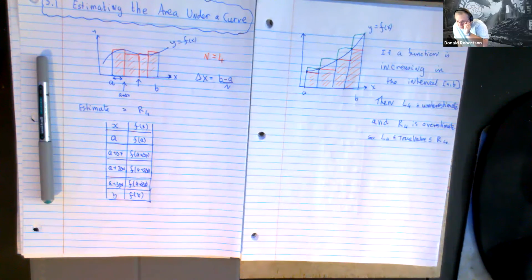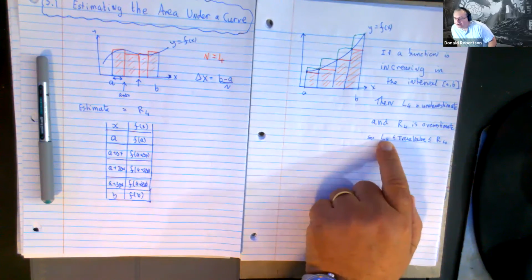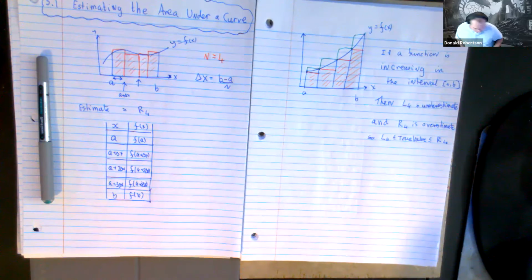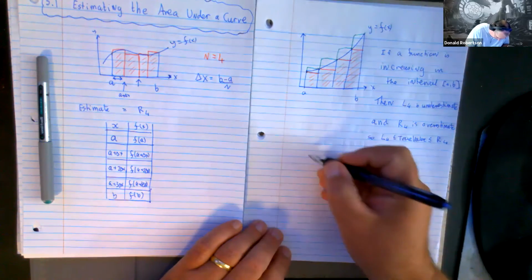So we're going to spend most of our time dealing with curves that are always increasing or always decreasing. And these underestimates and overestimates are the most common names, but sometimes you might see terms like smallest estimate and larger estimate, which is just a different way of saying under and over. For completeness' sake,